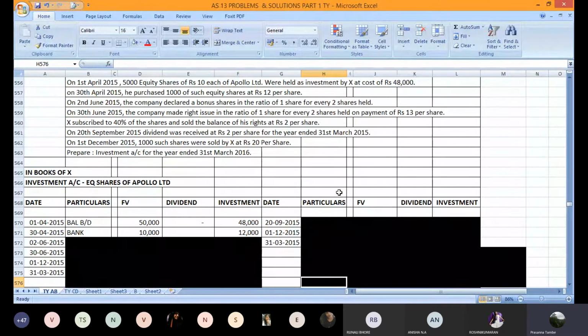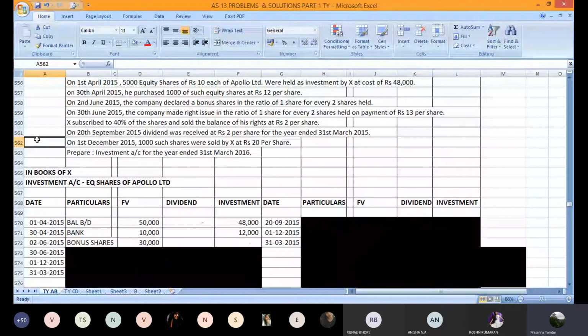And on these 6,000 shares, the bonus will be 1 share for every 2 shares held. So you are going to receive 3,000 bonus shares. When you receive 3,000 bonus shares, the cost is going to be nil. You are not going to pay any cost of acquisition, but we'll pass the entry on the record to bonus shares received, face value column 30,000, investment account column will be 0 because there is no cost of these bonus shares that you have paid for. You are getting it by capitalization of reserves by the company, so the shareholder as such will not pay any cost for this.